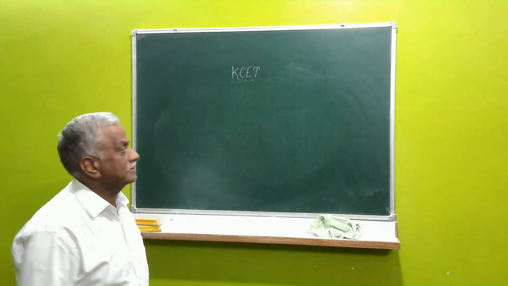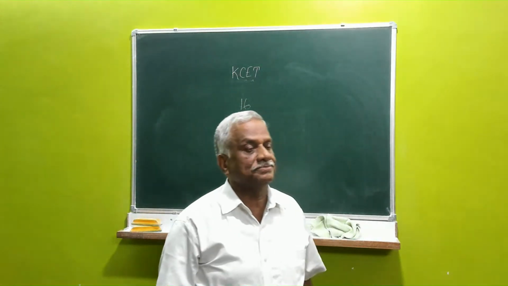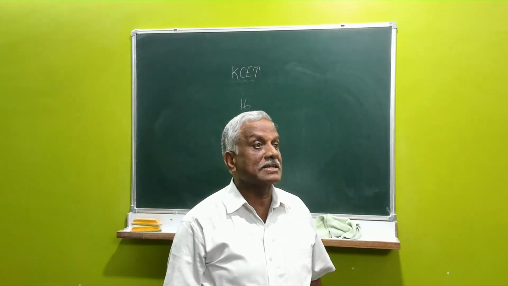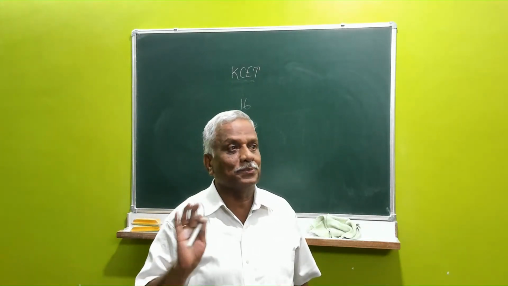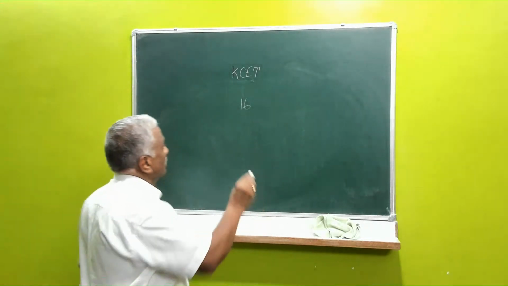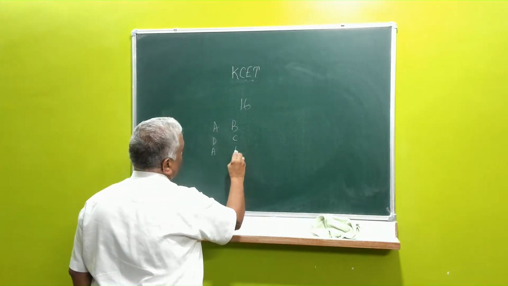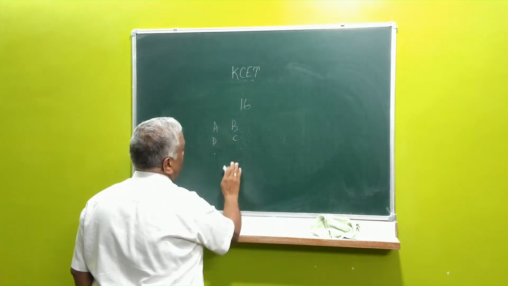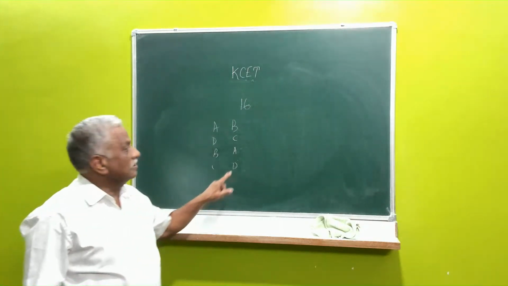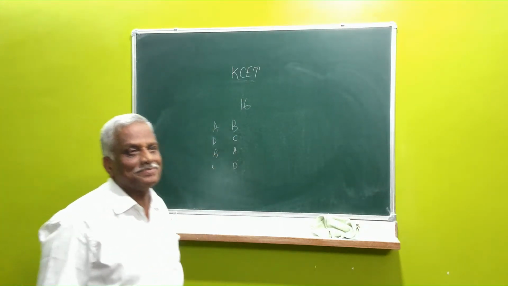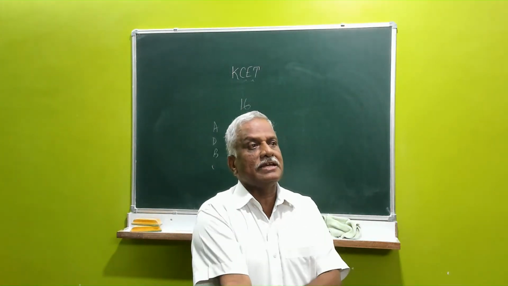So what are the other problems that you face? All of us know there are 16 different question papers. 16, not 4. I think you know the arrangement: A, B, C, D, A, B, C, or they may start from here, A. So this A and this A are not one and the same because there are 4 A's, 4 question papers, 4 B, 4 C and 4 D.